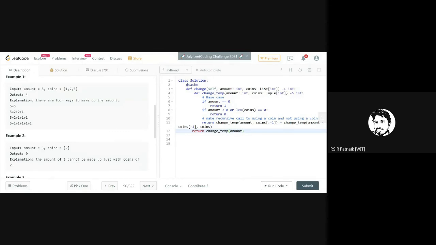You will pass amount, whatever amount you received, as it is. Something is wrong. Okay. Return change underscore temp with amount, and whatever list you are getting, pass it as a tuple, tuple of coins. So let me see what happens.